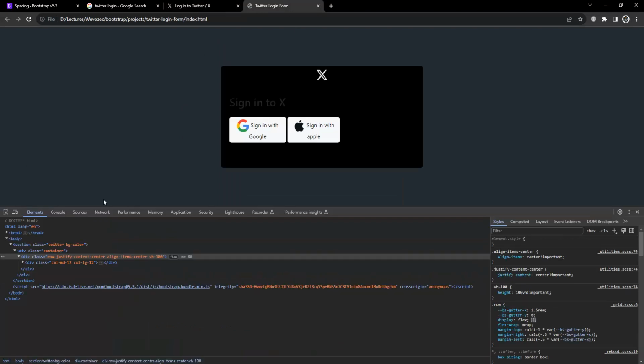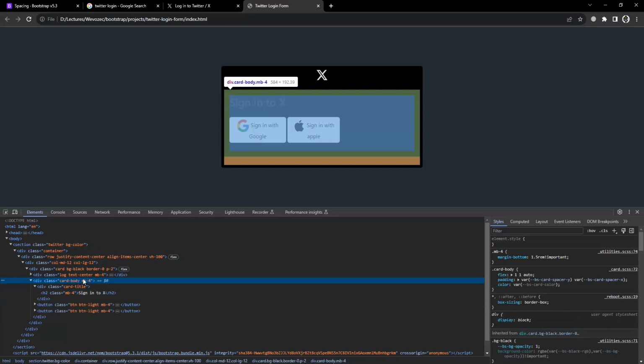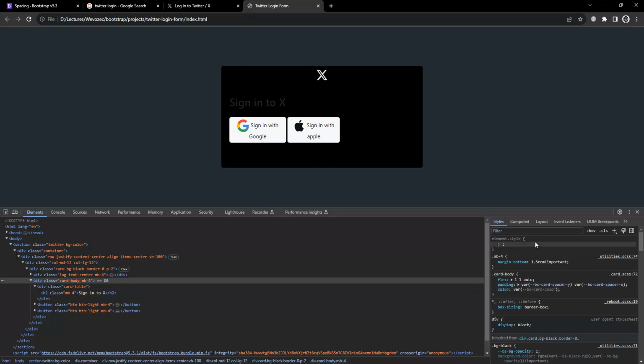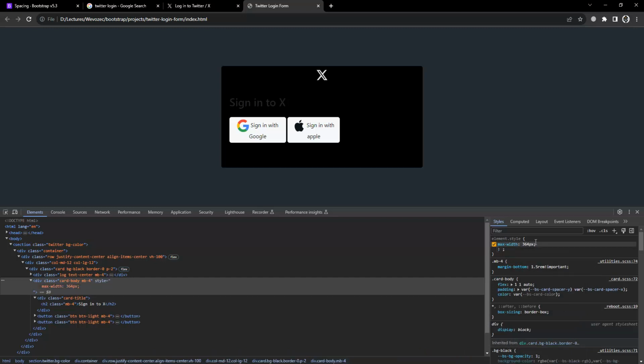So right now we have an issue, we can't see our design. It's not coming in the flex format, it's in a row. We want that in a column. So I will come up here, and right now we have the flex, and flex auto. Okay, let's do things here. We are gonna say max width, that is going to be 364 pixels, and after that we are gonna say